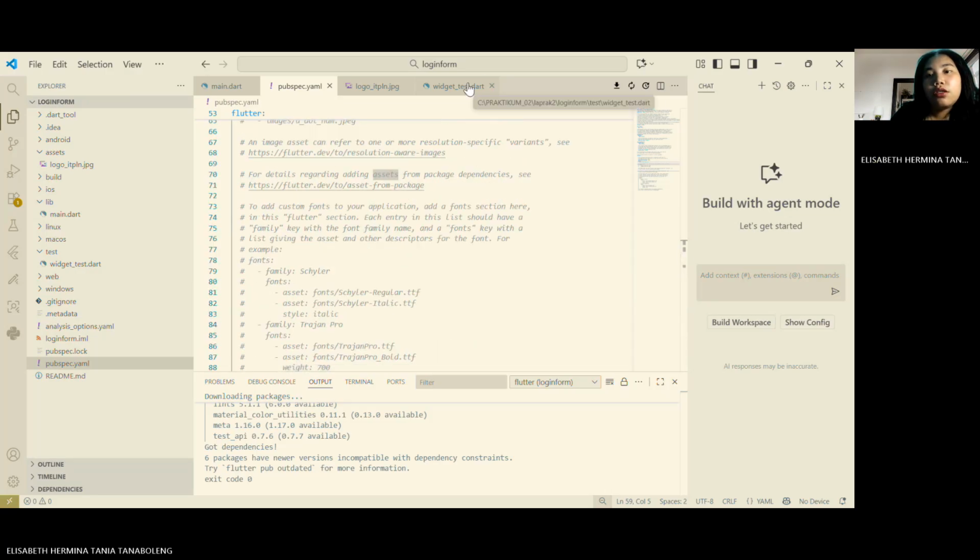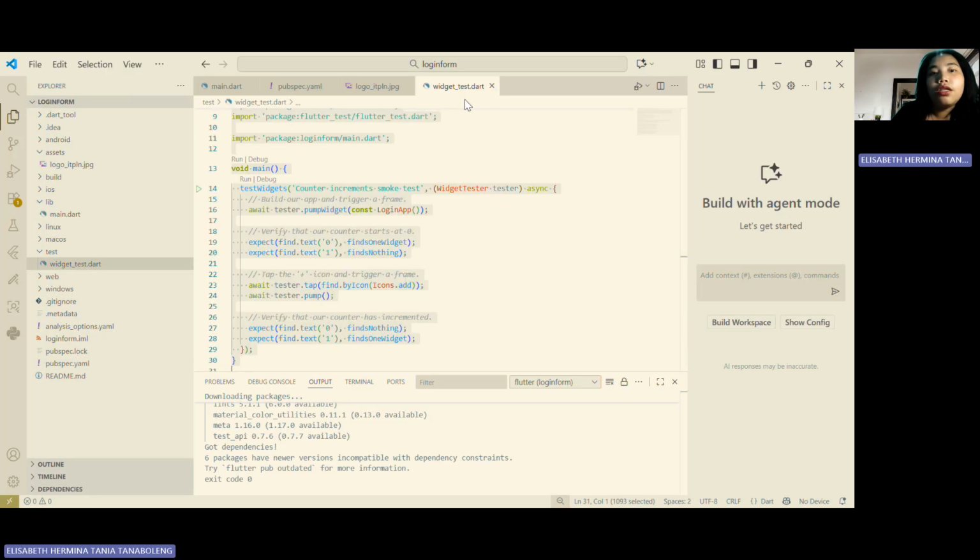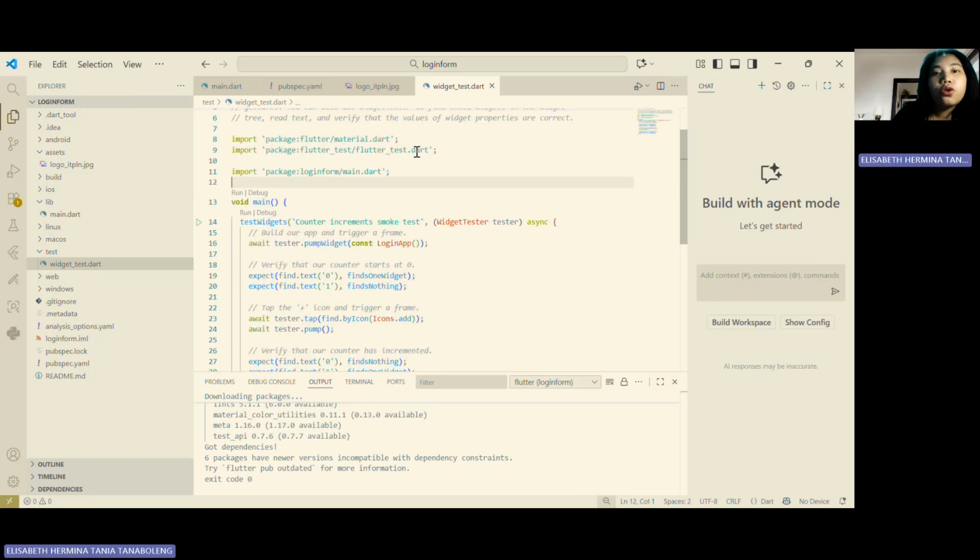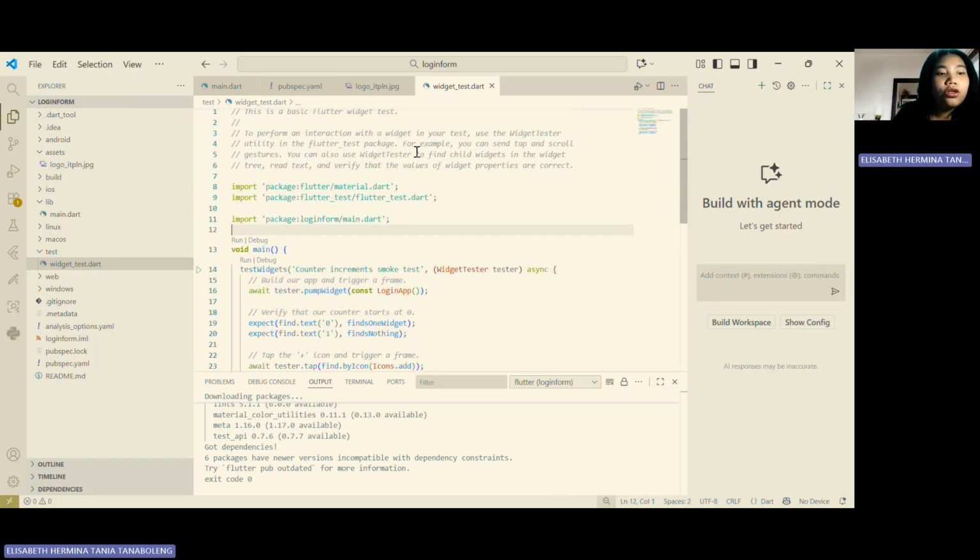Okay. Next, widget_test.dart. In short, this file is an example of an automated test to verify that the application runs correctly without errors.